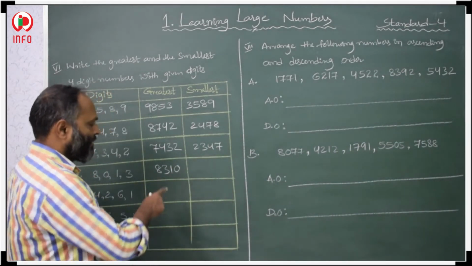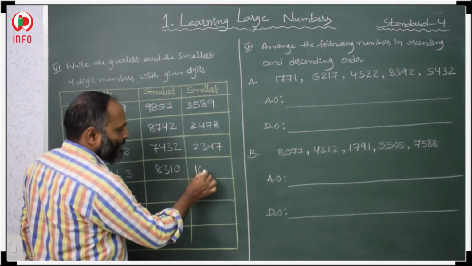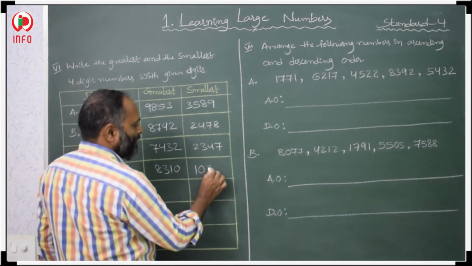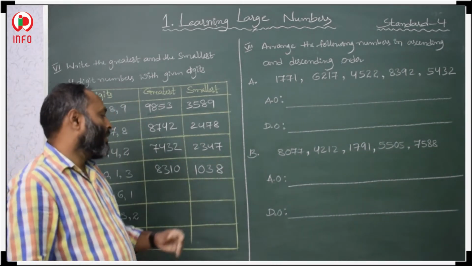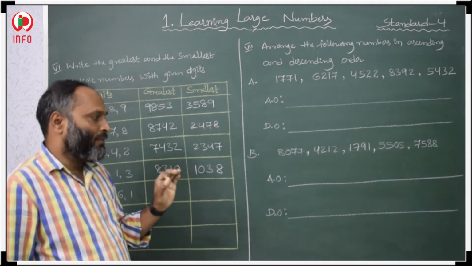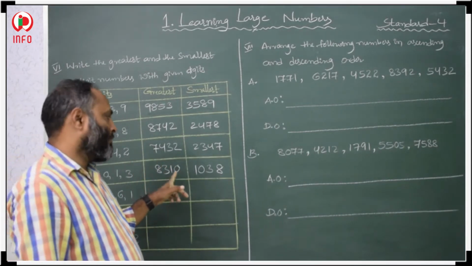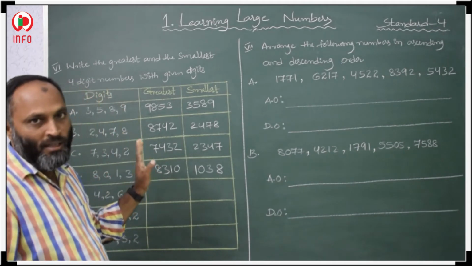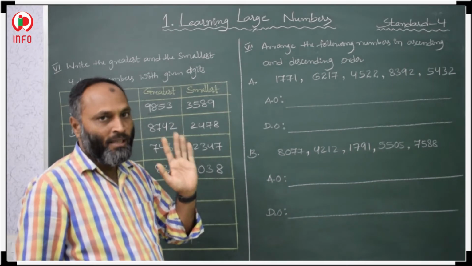Bigger than the 0, 1. You start from here, 1. Then after that you take 0, and after that the order 3, 8. This is the 4-digit smaller number we have to prepare. So whenever 0 comes, we have to start with the second smallest number, then after that 0, and after that the same order. So in that order we have to take. In this case, we have to remember these things.